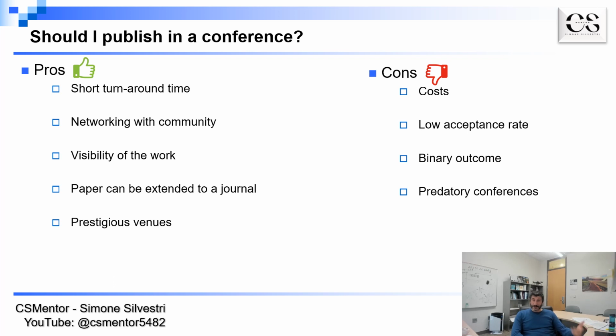Also, the outcome is binary. This is an advantage in terms of knowing that your paper has been accepted, but it may also be a disadvantage because you generally have no chance to make a rebuttal and say, hey, you made these comments, but look, we can change a little bit of this, we can change a little bit of that, we can explain this, we can do another experiment and improve it. There are, as I mentioned before, shepherding techniques, but these are basically for papers that already make the cut. They're already going to be accepted. But for most papers, we just get the comments as they are, and that is still going to be the outcome of the paper decision.